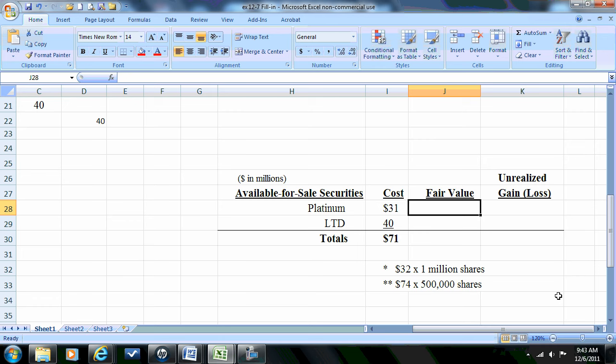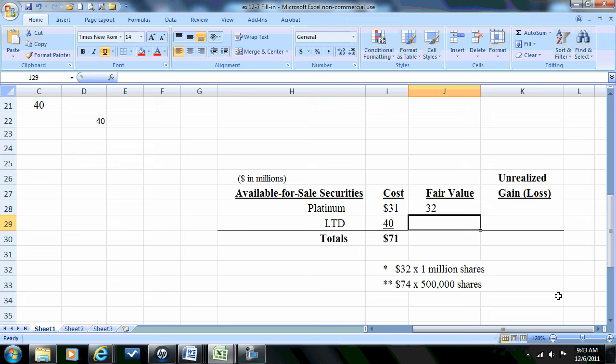We check the market and we see that the Platinum stock is currently selling for $32 a share. We own 1 million shares, so the fair value of that investment is going to be $32 million. We see that the LTD shares are currently selling for $74 per share. We own 500,000 shares,